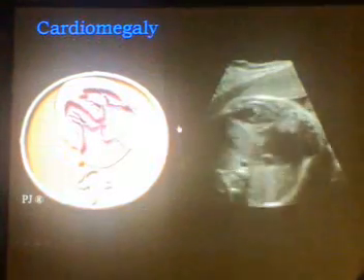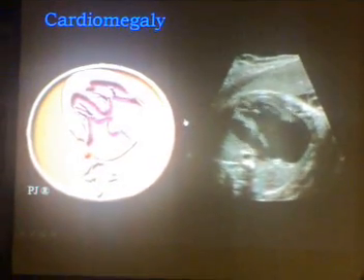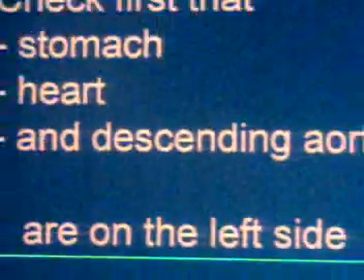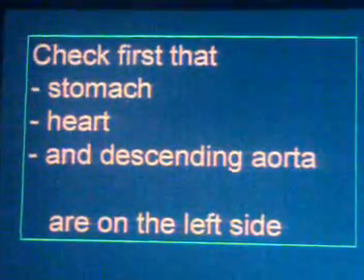Now, cardiomegaly is actually very easy when you see a condition. Another condition could be dilative cardiomyopathy. Rhabdomyoma or heart tumor, you have seen an example shown by Silka Yagel, but actually some of the findings could be very huge, and these are hard, and they stop by looking at the heart and forget to check by the first approach the position of the stomach, the heart, and the descending.